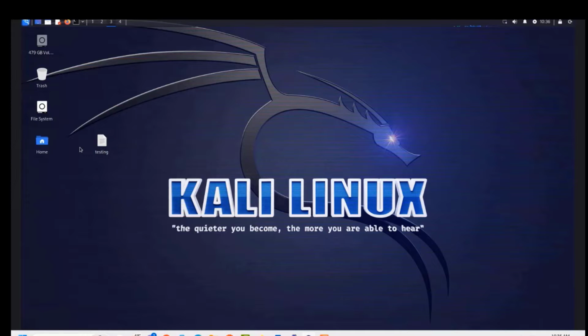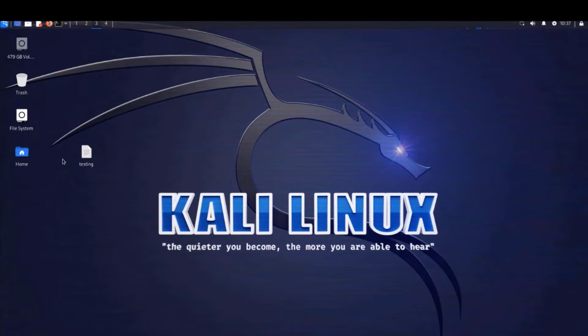So this is how you can create a Kali Linux USB drive. And you can take that USB drive and use it in any computer. So whatever configuration files you save, it is saved, it is not lost